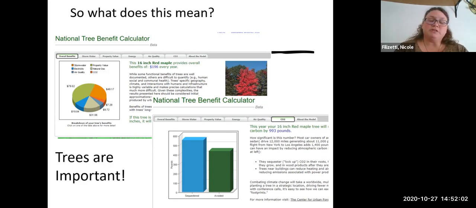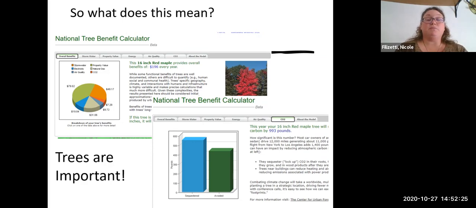So I'm encouraging you to get involved with your school's environmental or outdoor club or green and healthy school club if they have one. If your school doesn't have one, talk to your favorite teacher and see if you can get one of those clubs started. You can talk to the adults that you live with and try to encourage them to plant some more trees in your yard. Talk to your landlord if you have one.